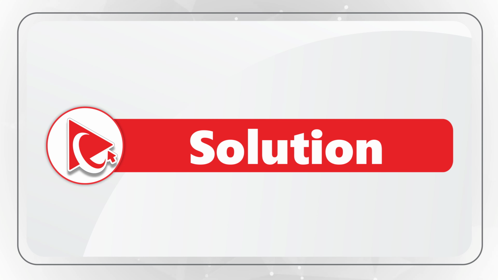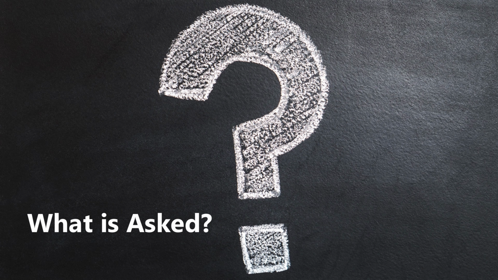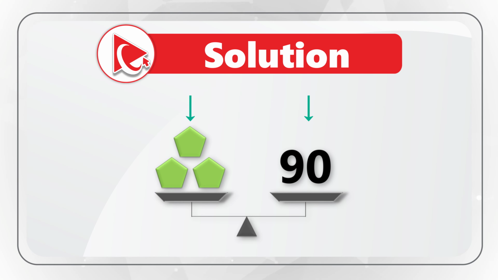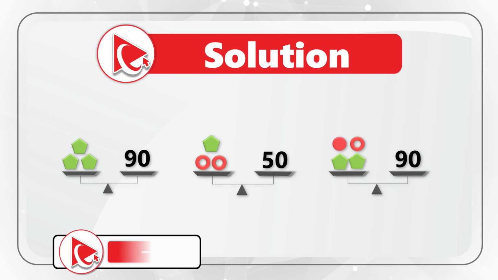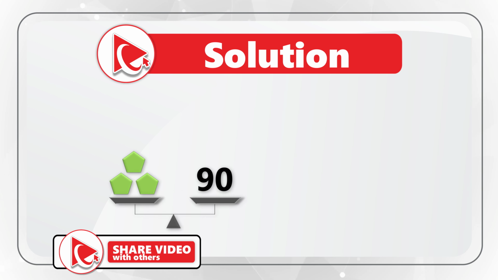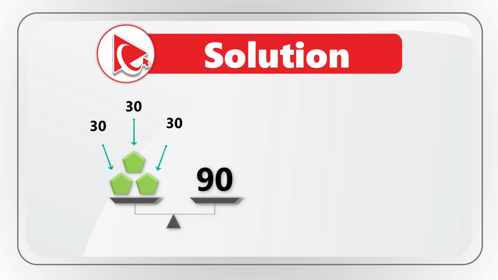I think the key to solve this challenge is to understand what is being asked. You see shapes on the left of the scale and the number on the right, which means that the combination of the shapes is equal to the number. To solve the problem, you need to go from scale to scale and calculate the shape's value. Let's start with the scale 1. It has 3 pentagons on the left and number 90 on the right, which means that each pentagon has a